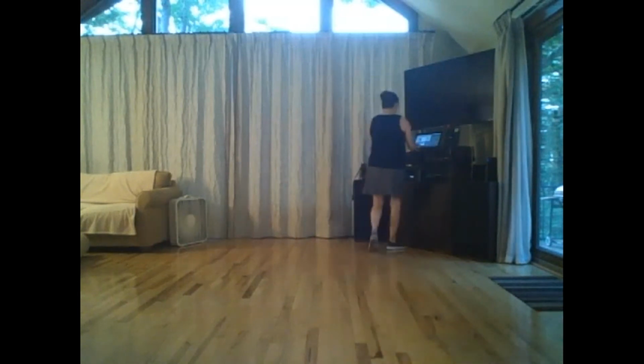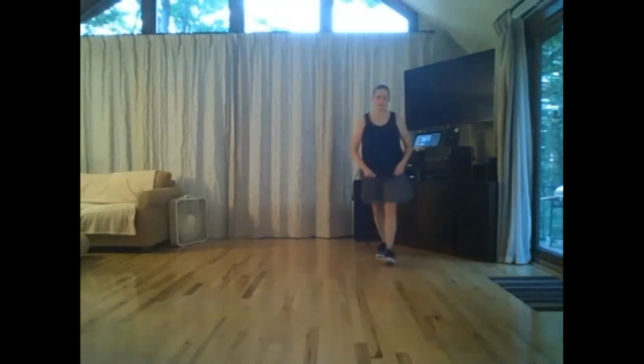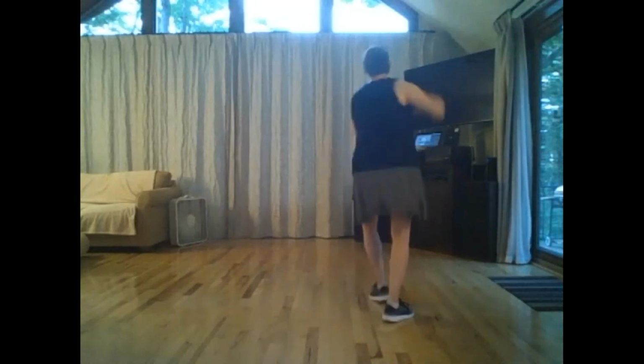Swinging high and low. Let's do one more at this tempo. This is pretty challenging for some. Let's try it again. 5, 6, 5, 6,